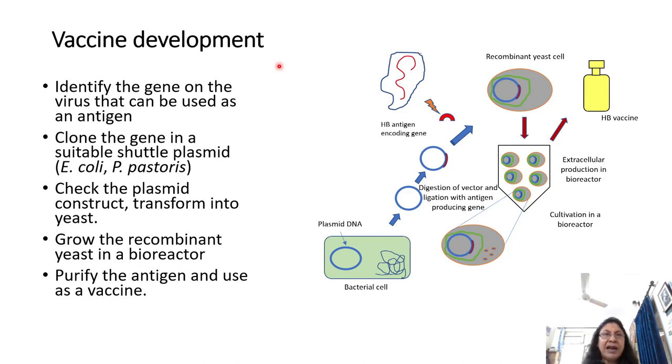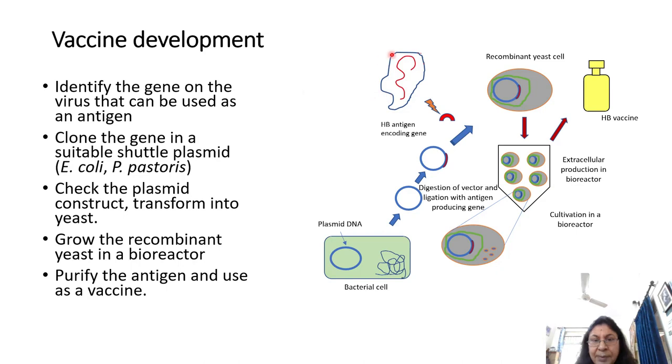And then once you have antibodies against that particular antigen, then the next time the virus is going to attack a person, for example, with respect to hepatitis B virus or something, then the human body is already making an antibody against that, so it is able to neutralize the incoming infectious particle, which also makes that particular protein. So let us see what are the different stages which are involved in vaccine development.